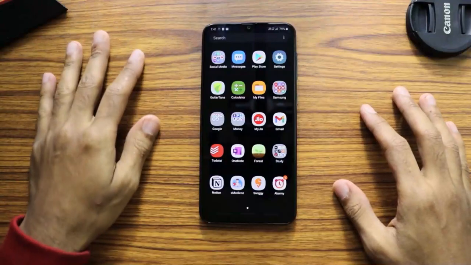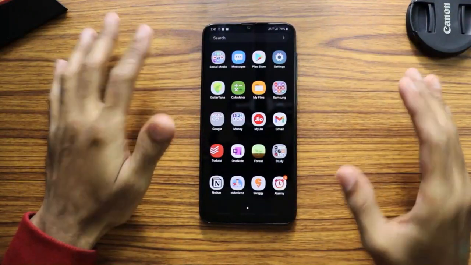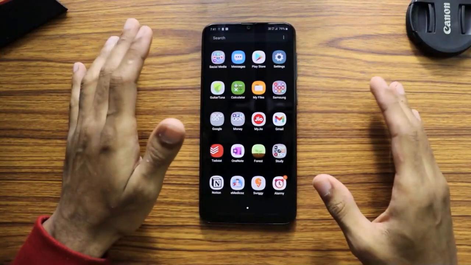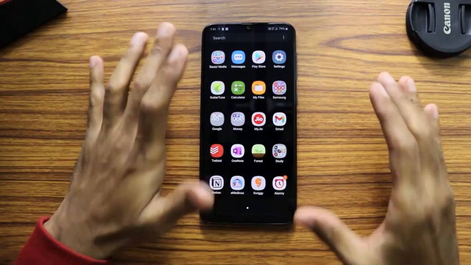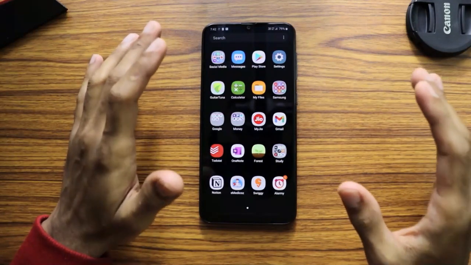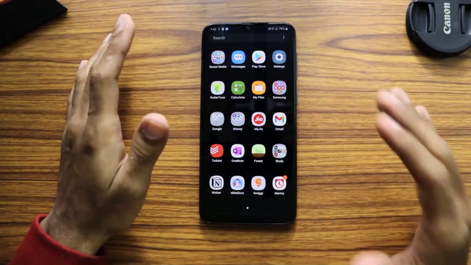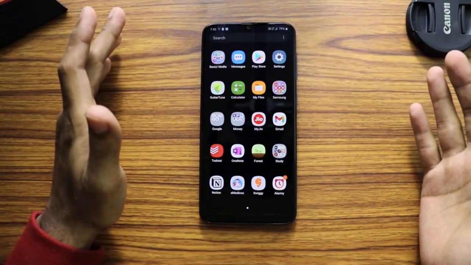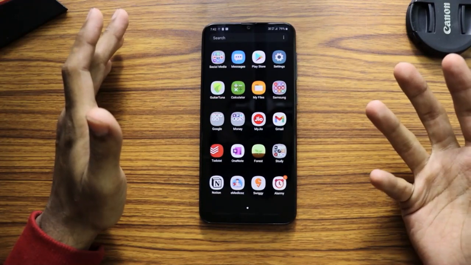Now first thing, let's talk about all my apps are in one page. Now that is important. I don't want to be swiping again and finding my apps. Everything should be organized. So therefore what I have done is I put all the apps, most of them, in properly arranged folders. Now folders are very important. I don't know whether all the phones support it. Samsung does, and that's what I'm using. So that's what my experience is.